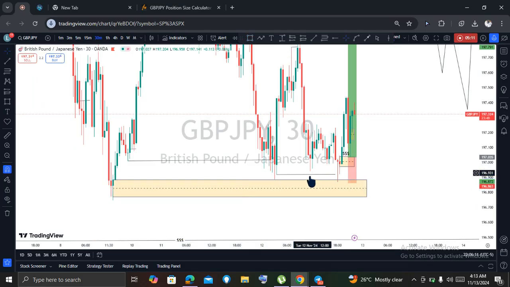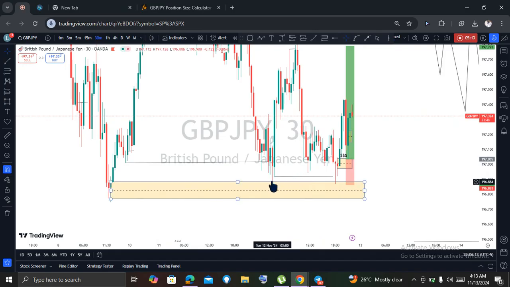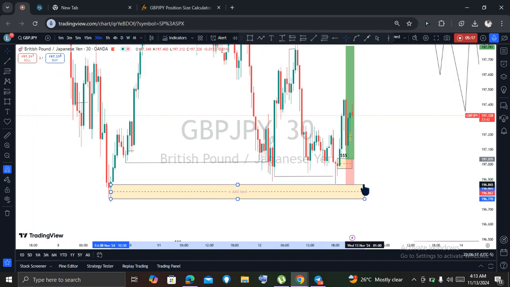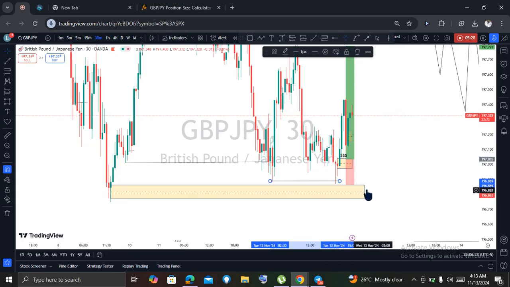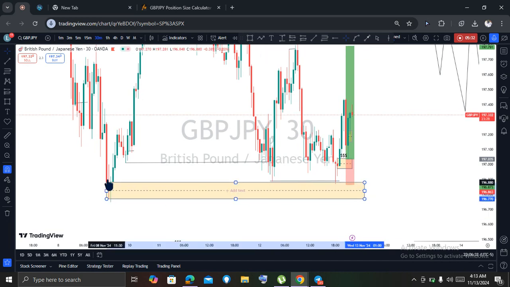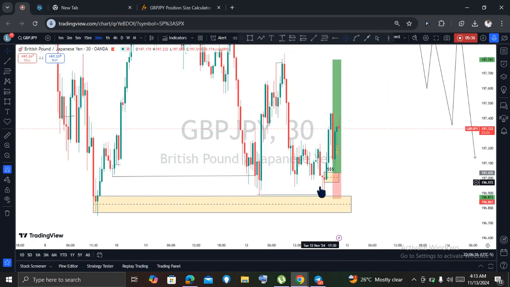And the market swept, the market did something like this. This low was used as the inducement this time around, right? And now the market tapped into this extreme order block around this area and started pushing